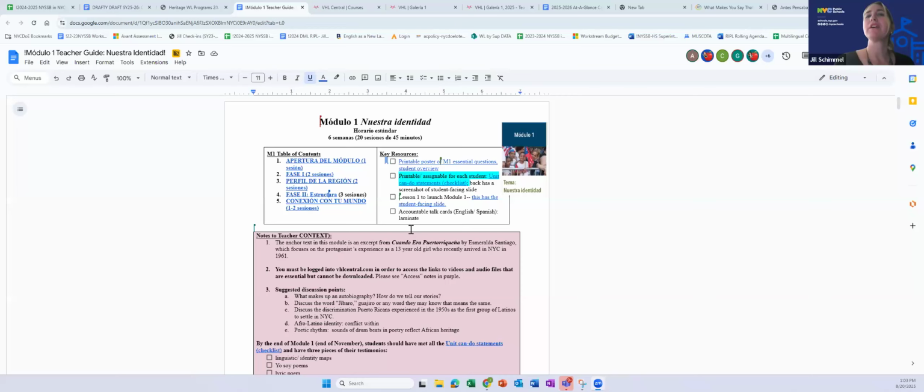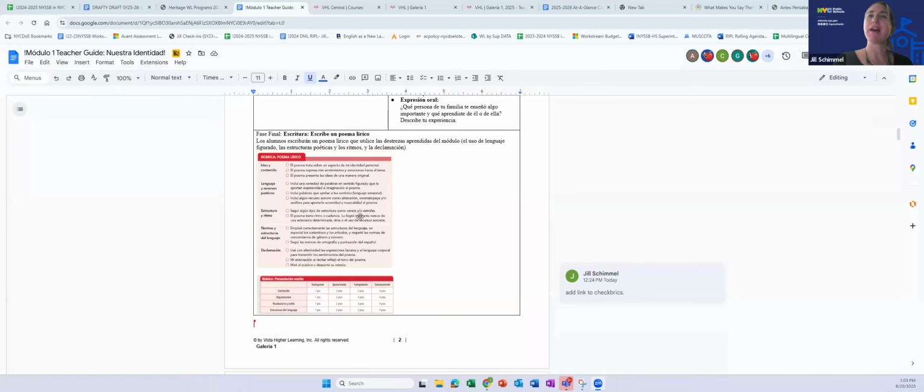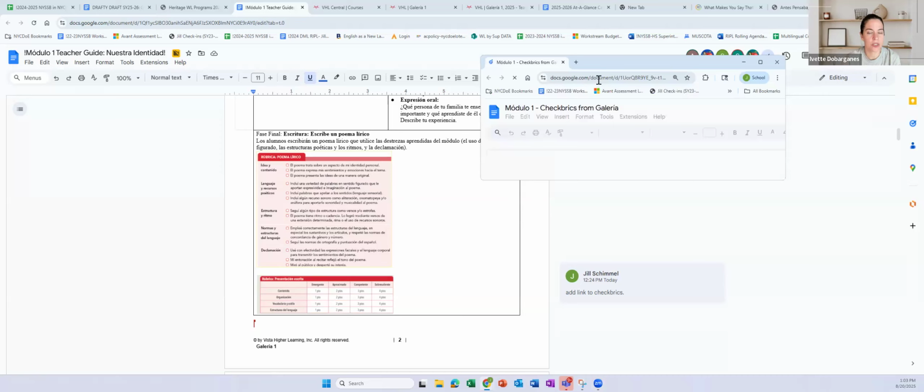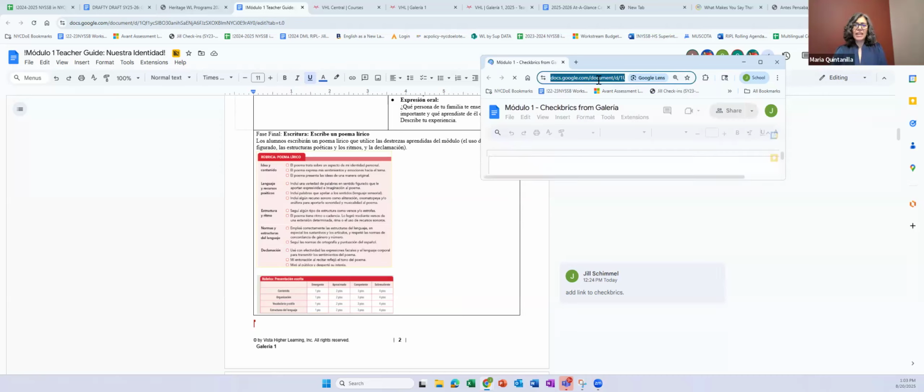So for all of, and Yvette helped with this, I don't think we did it for all the modules, but we showed earlier the check bricks. Basically for any of the Galería tasks, they do have the rubrics. For example, I copied this in, but then we did make them into check bricks, right? It's definitely done for 1 and 2. I thought I did it for 3, but did you delete the folder for 3? But they're also in the resources, right? Like you can download them from the VHL super site.